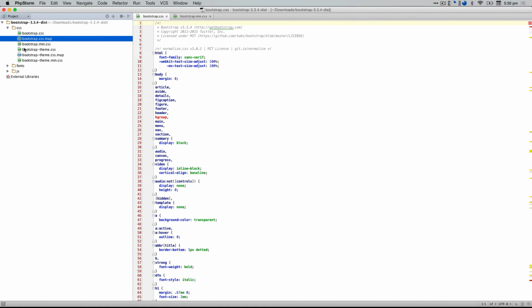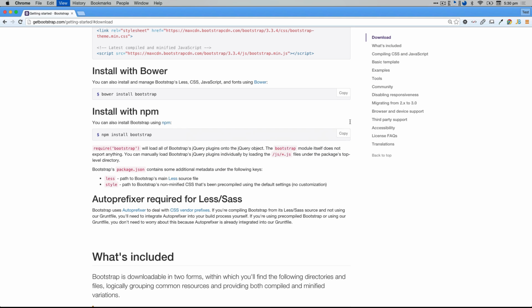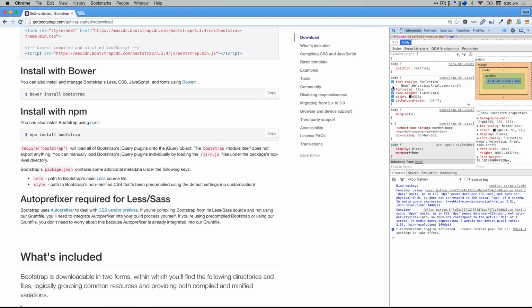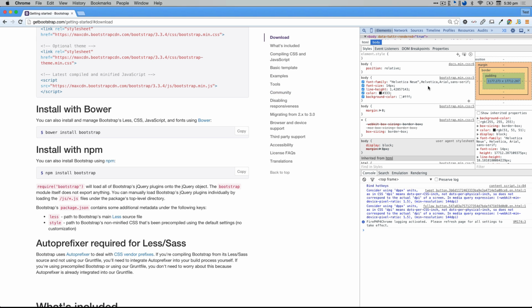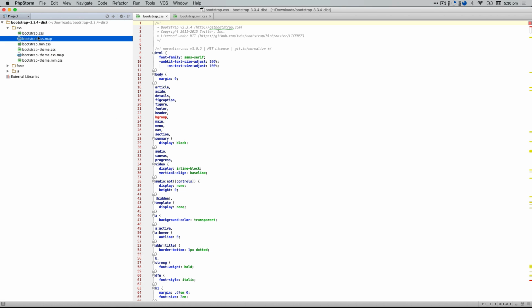It's simply a way for when we inspect a page using our inspection tools. If we are using the minified version, and we're looking at the line that the particular code is pointing to, it will actually map it so it points back to the readable unminified version. Okay, but really, in summary, you don't need to worry about that all too much, because